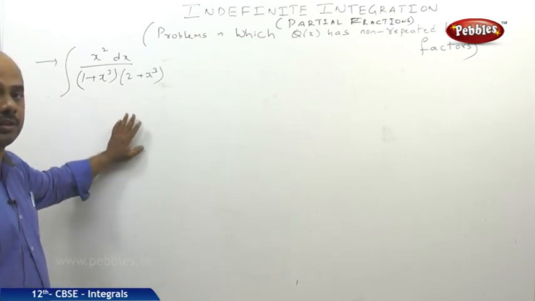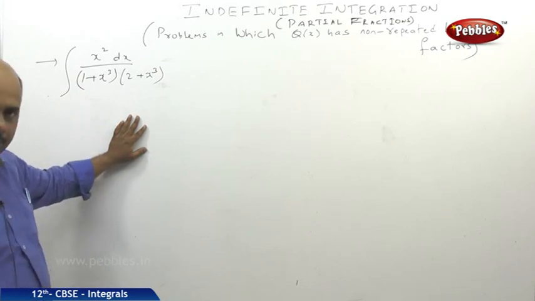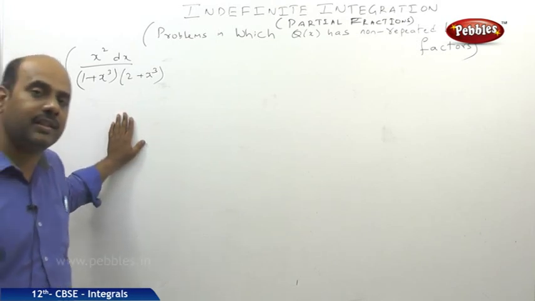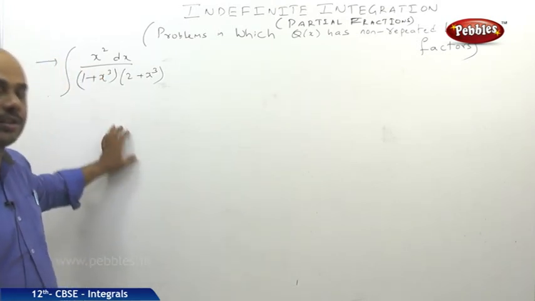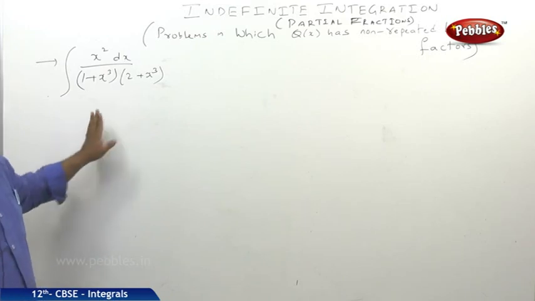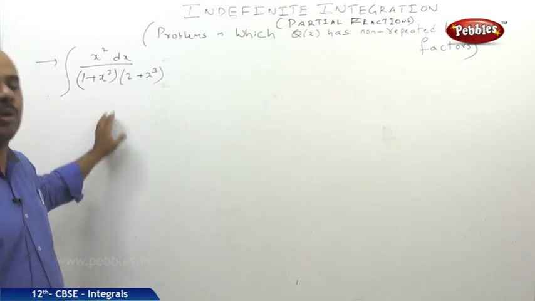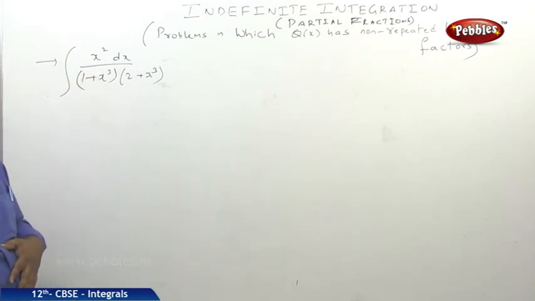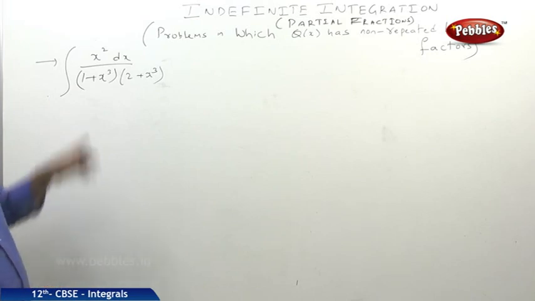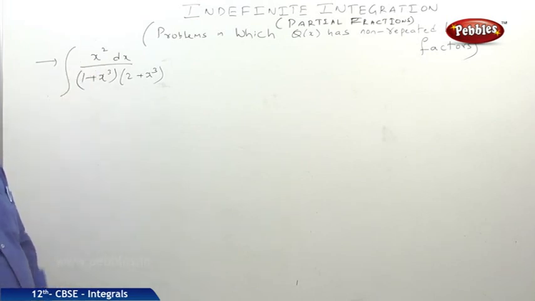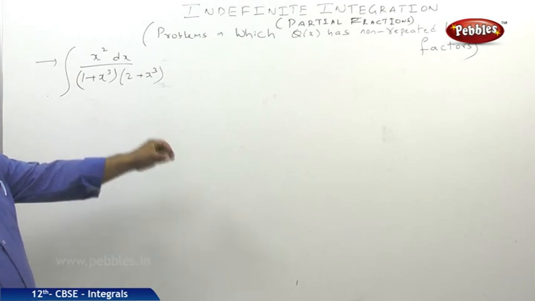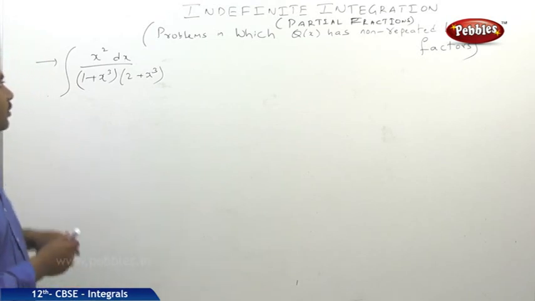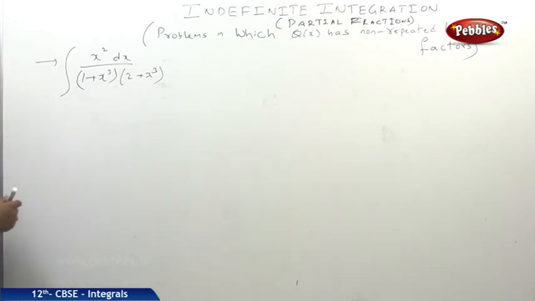As it is not a linear factor, we will be trying to solve by some other method where it takes a lot of time and finally we don't get the answer. But here this problem can be made simpler by a suitable substitution. What is that particular substitution? If you put x cube is equal to t, I think the denominator will transform in terms of t. So let us solve this problem, a very very important problem.